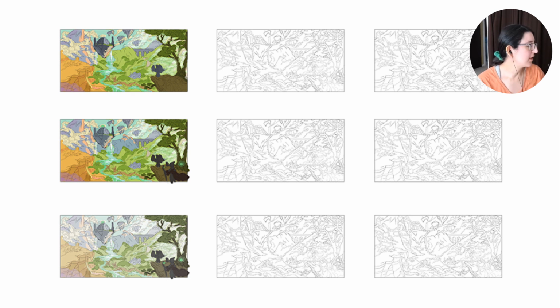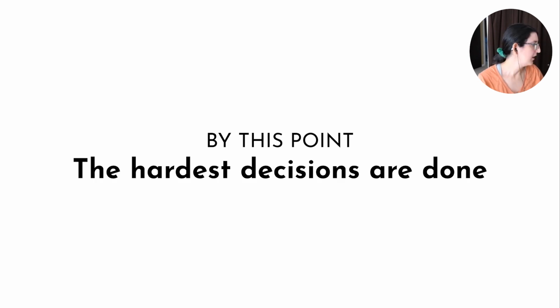The only thing you can't do traditionally that I mentioned is the step of taking your tonal study and using the brush to only paint in color. With acrylic paint, it's opaque. So you're gonna have to mix the paint to the same tone and match the same tone as what's on your tonal study. So you can still photocopy your tonal study and then paint on top of it. In fact, I've done that. Whatever is more comfortable for you, either painting on top of the sketch or painting on top of the tonal study. So by this point, we have not started the final illustration yet, but all the hardest decisions are done.